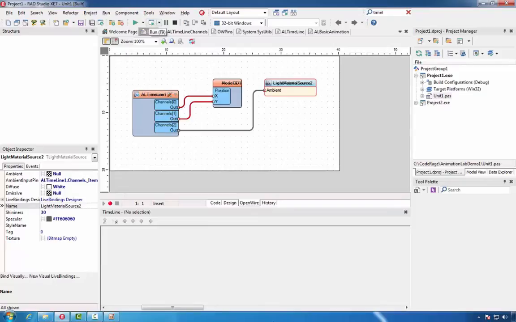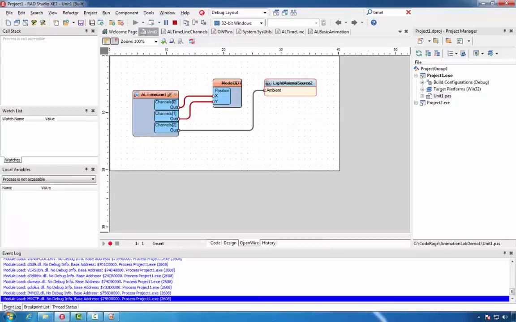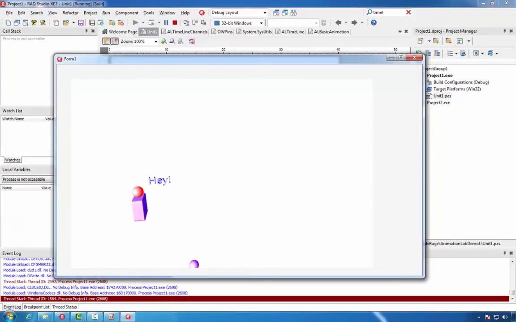Let's run the animation again. Now you can see that the color of the round cube is changing as specified by the channel.